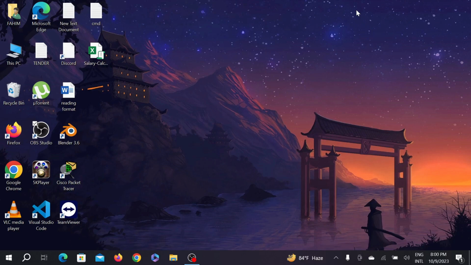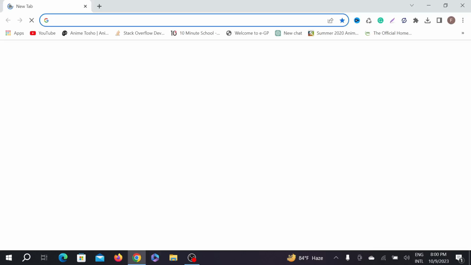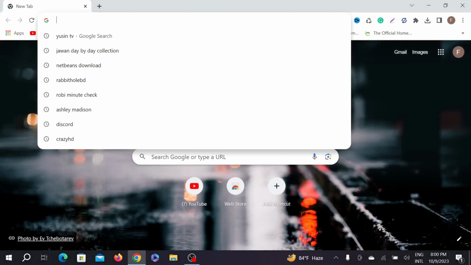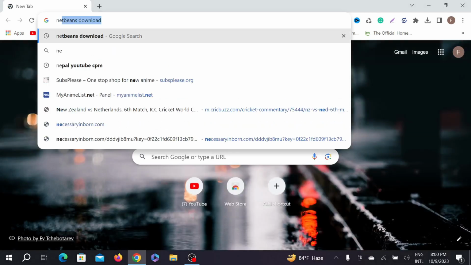Today I'm going to show you how you can easily download the latest version of NetBeans, and that is NetBeans 19. So without any delay, let's start our video. First of all, go to your browser, and any browser will do. Here just search NetBeans download